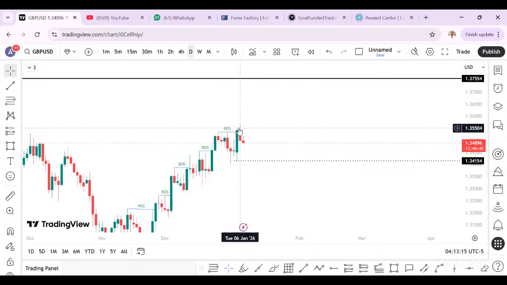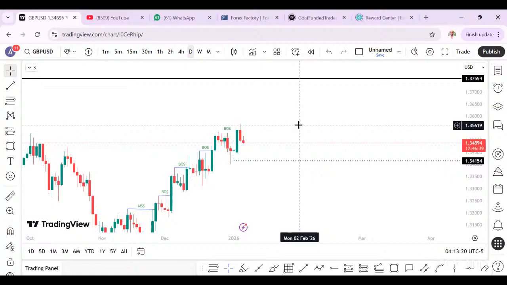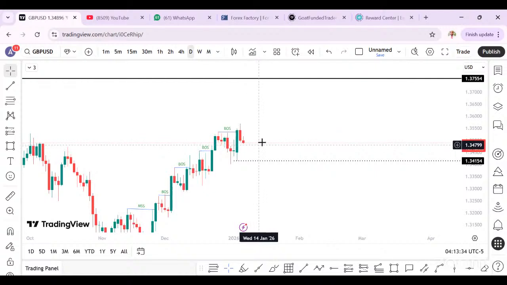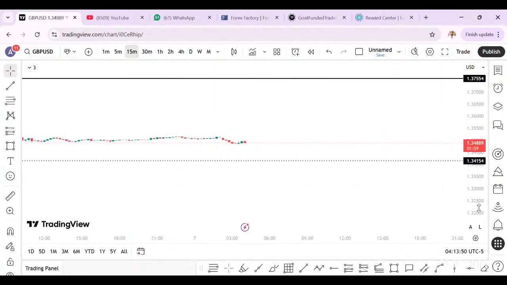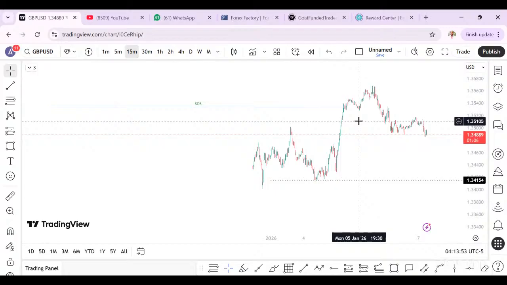If you want to use this candle theory, make sure when the market closes by 10 p.m., you know how that candle closed. Then wake up by 7 a.m. Once you come on your system at 7 a.m. or 8 a.m. when London opens, once you see that price has swept the previous day high, what you need to do is you come to 15 minutes. By that time, the movement has not really moved. So you come to 15 minutes.